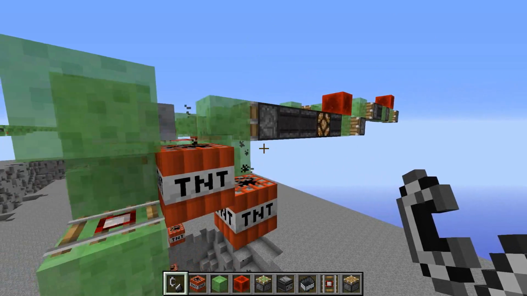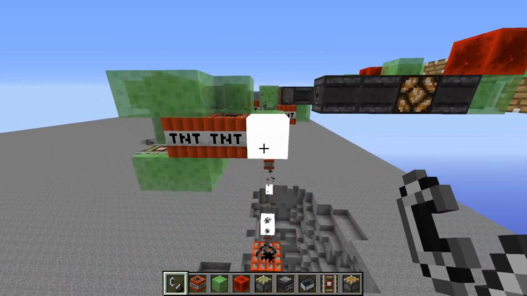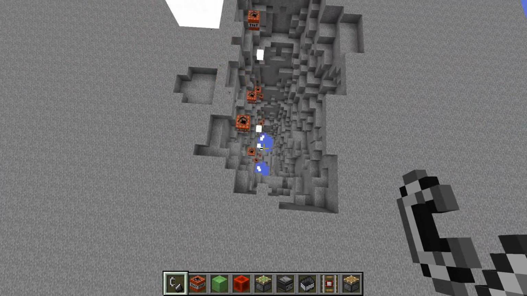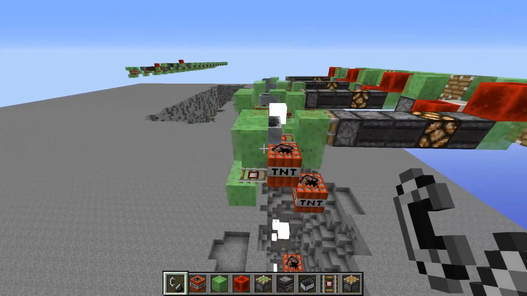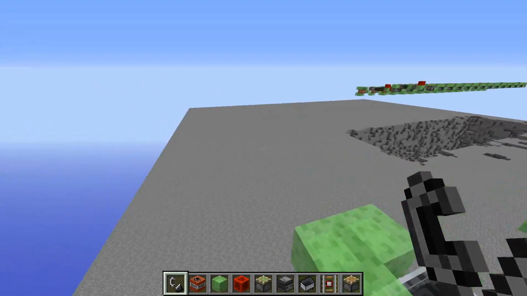You also want to have this around Y level 80 to 85 if you want the TNT to be able to reach all the way down to the lowest point of the world and clean out the blocks inside of the bedrock. Some things to note is with these duplicators, if you would happen to go into unloaded chunks, there's